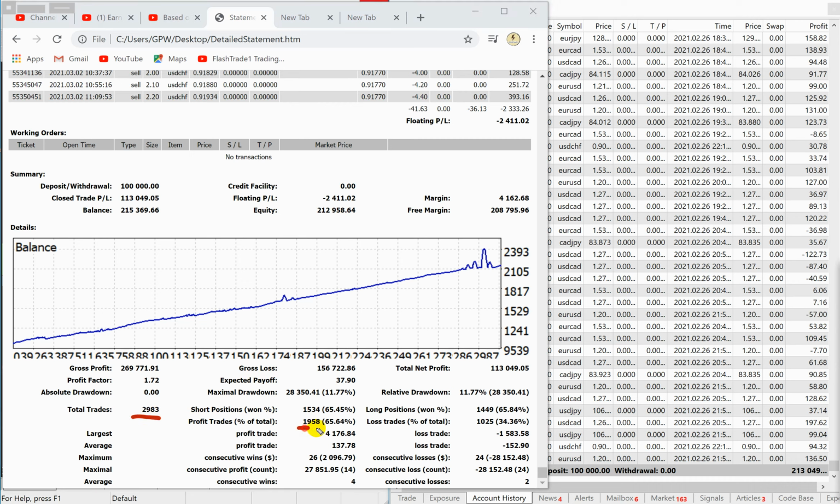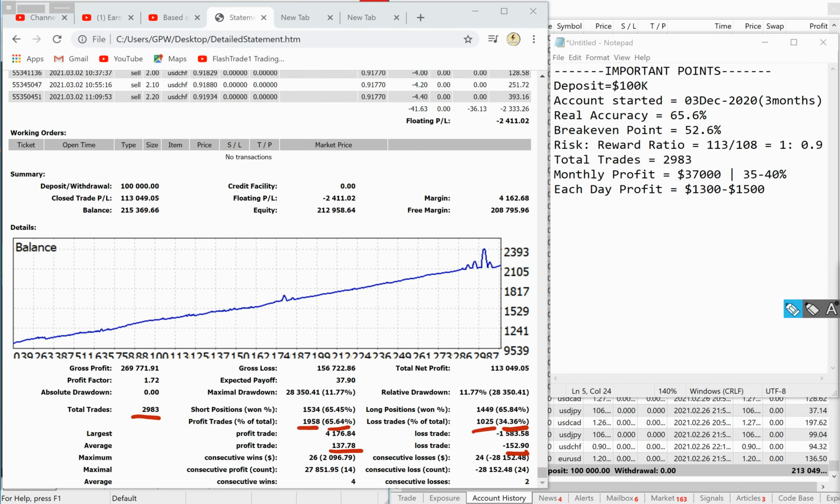The profit trades are 1900 and loss trades are 1000, creating the real accuracy of the account 65.6 and loss accuracy 34.3. Average profit is 137.7, average loss is 152.9. So using this data we can find that the break even of the account is 52.6 and risk reward is 1:0.9. And if we compare it with the previous update,